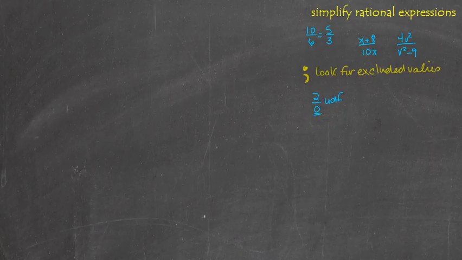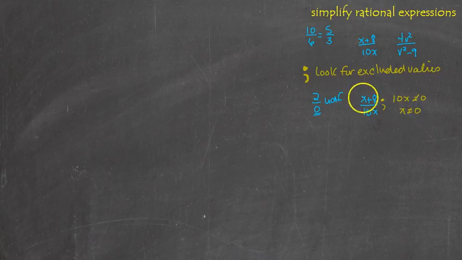0 in the denominator. But if I write the fraction x plus 8 over 10x, that's this one here, you don't necessarily automatically go, wait, that's undefined, because it looks perfectly natural and normal. It doesn't look like a 0. But in fact, you have to look first, and that's where the fatty semicolon comes in. You have to look for whatever x would make the denominator equal 0. So the denominator is not allowed to equal 0, which in this case means x is not allowed to equal